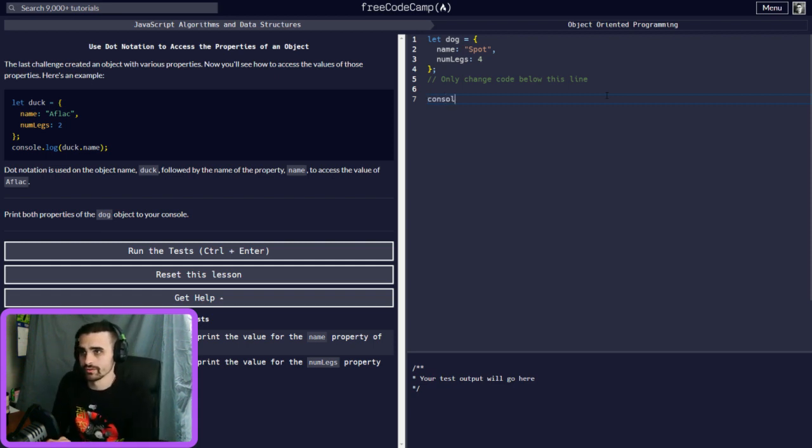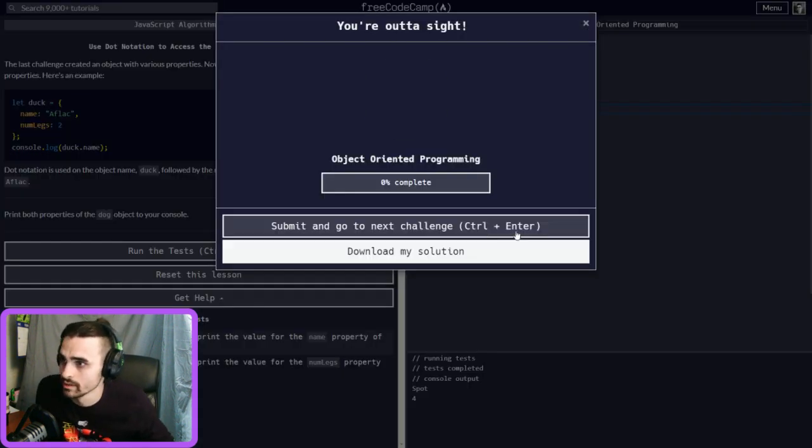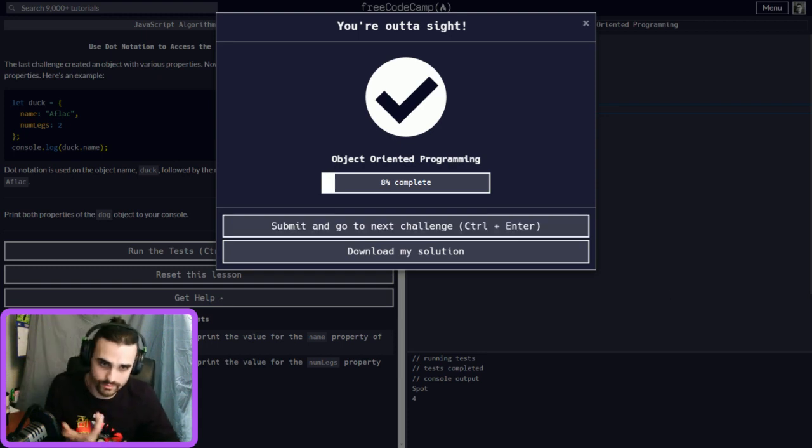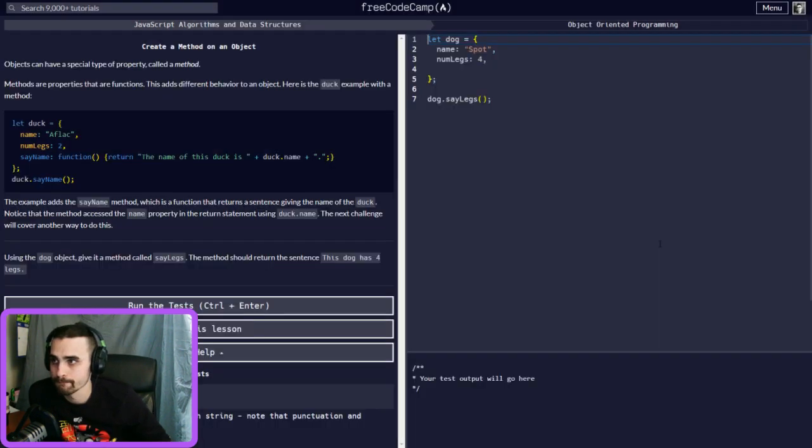So console.log, and we will do dog.name, and that's going to print out the name for us where it changed it to spot, and we have the console.log where we have the dog.numLegs. See, there's 4. That's how you access them. You guys should have a pretty good handle on that already.